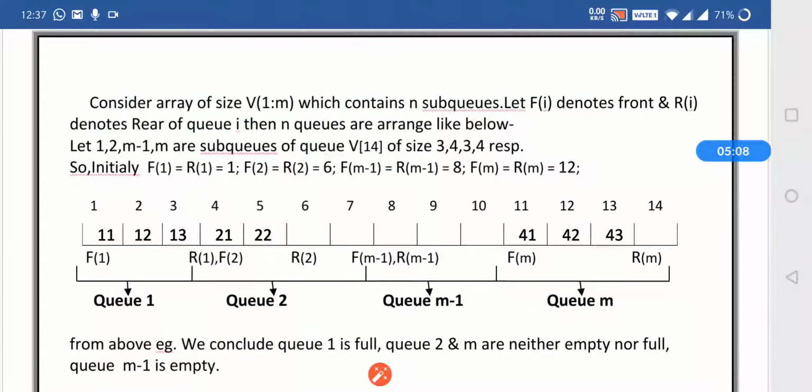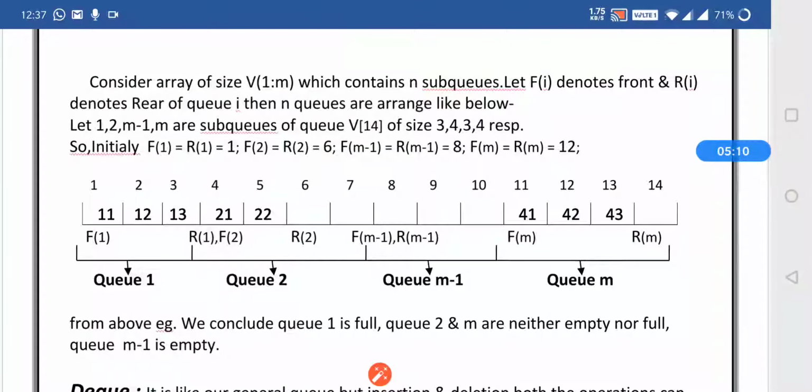And this is the multiple queue where we have a number of queues, each with its own front and rear. As I already said, this is the front and rear of Q1, this is the front and rear of Q2, this is the front and rear of Qm, but we can see Qm minus 1 is empty.